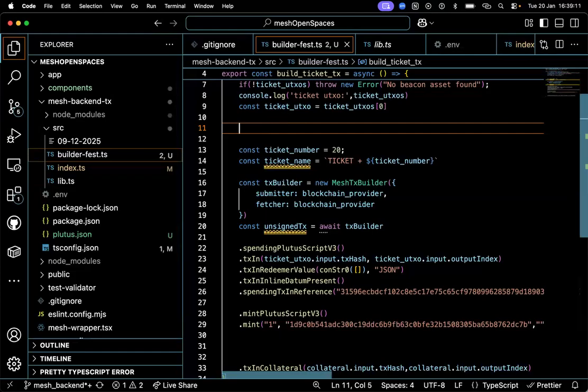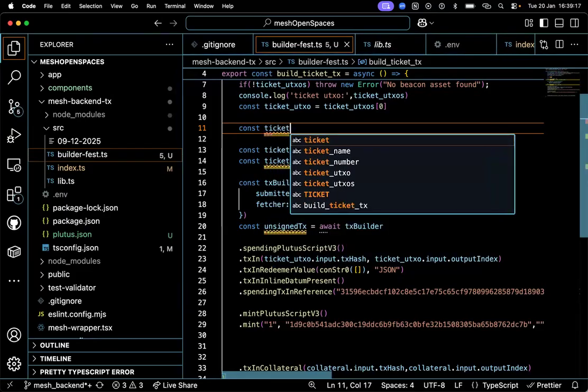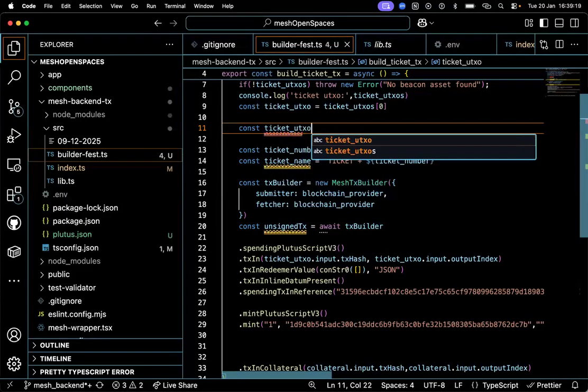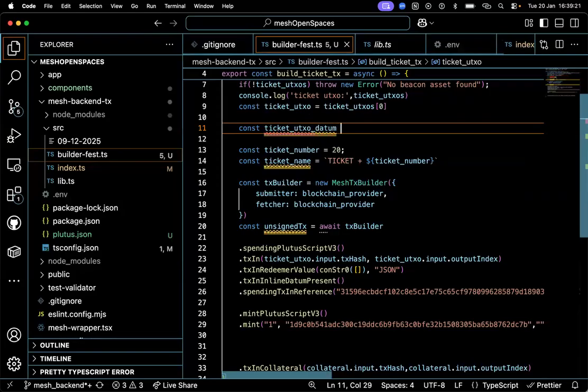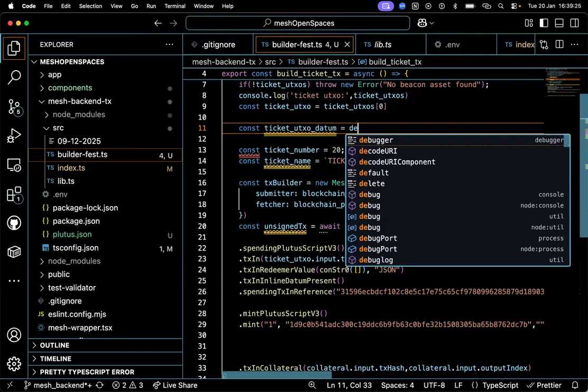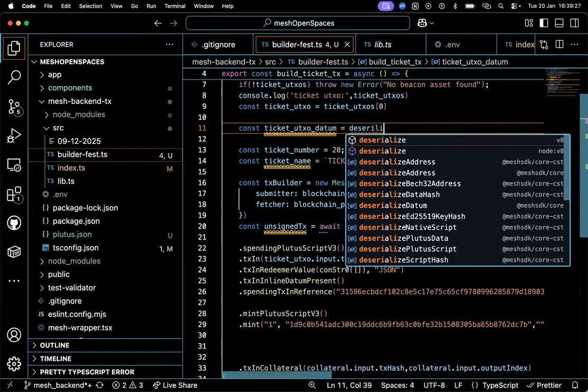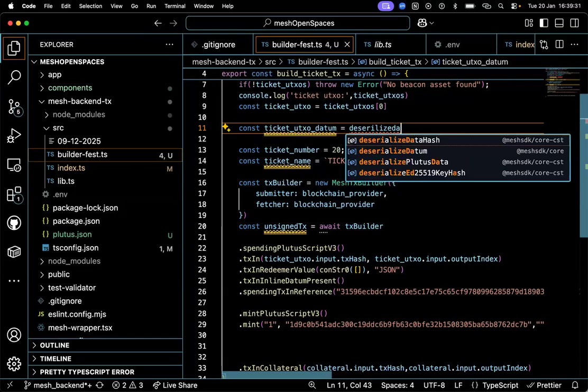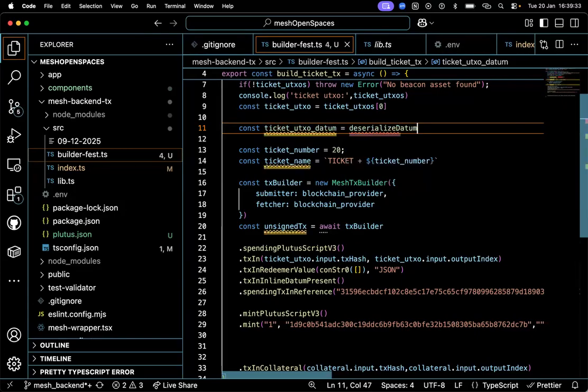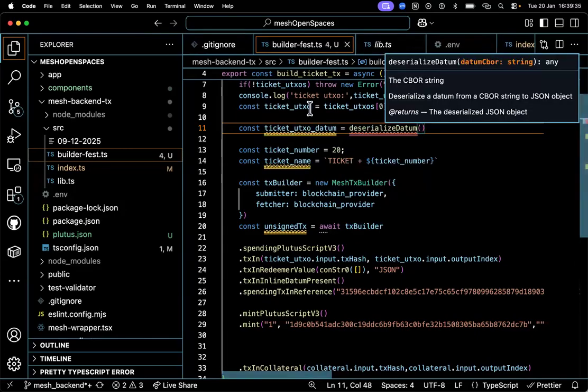Okay, nice. What we'll be needing right now is the serialize datum function on datum hash. I think the serialized datum should work fine.